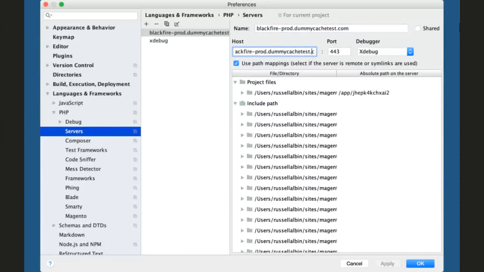And in my case, I'm using a cloud project, so it's going to be a really long, ugly URL. Make sure you use port 443. I doubt anybody's running on port 80, but just make sure it's 443. Make sure it's xDebug for your dropdown. The other thing that you're going to need to do is on your